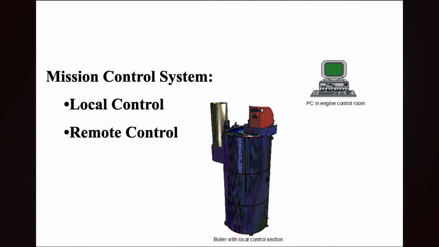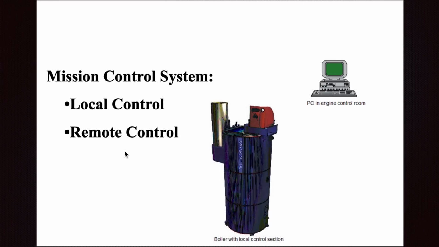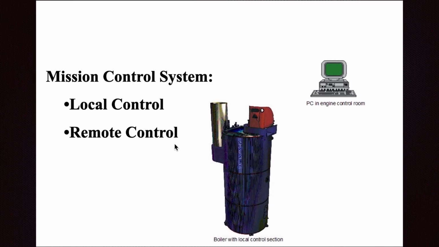Another thing that is really important is that we can control our boilers both in local and in remote. This is applicable for all the boilers. Whatever boiler you have, all of them can be operated in the local and in the remote. And most of the boilers also have an emergency operation station or emergency operation control. It can be local, it can be in the panel. It depends on the boiler design and the boiler size,